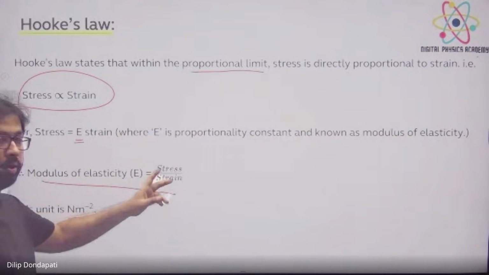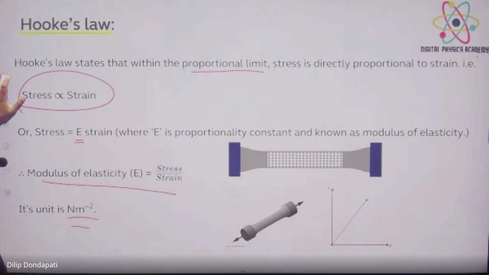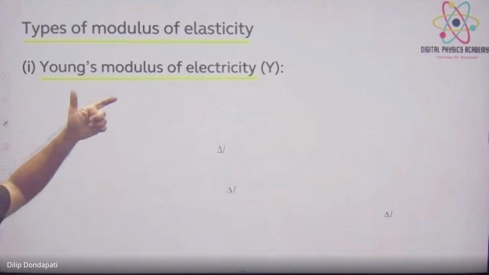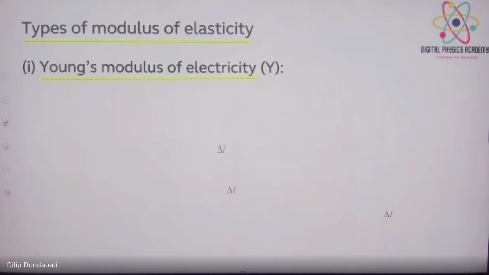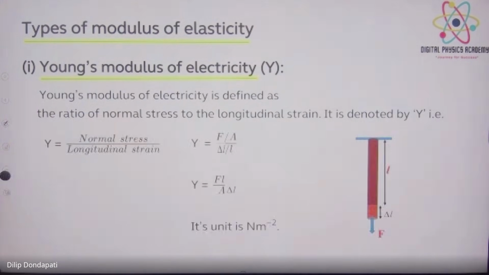Okay, done. We also have 3 different types of modulus of elasticity. Same thing. Now we'll learn the first one: Young's modulus of elasticity. We represent it as Y. What is Young's modulus? It is defined as the ratio of the normal stress